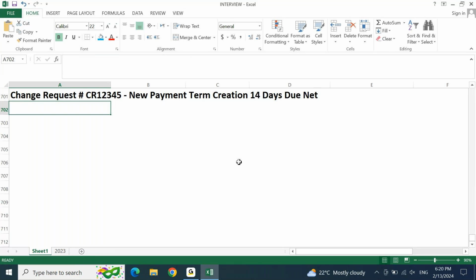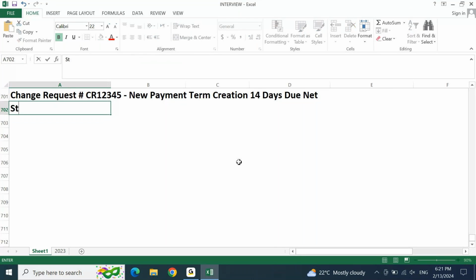Now based on the change request, what you need to do, you know that a change request is all about configuration change. In order to do the configuration, first of all, you should have a requirement email. You have got a requirement email already. The client had sent an email that this payment term is missing, please give it. You already have received an email or you have a ticket with you. Now based on this, what you will do, you will go to